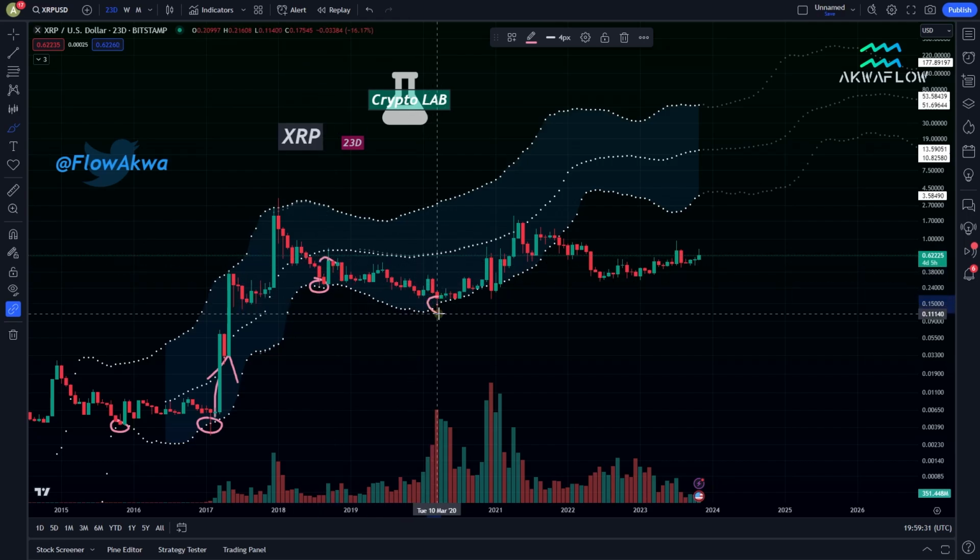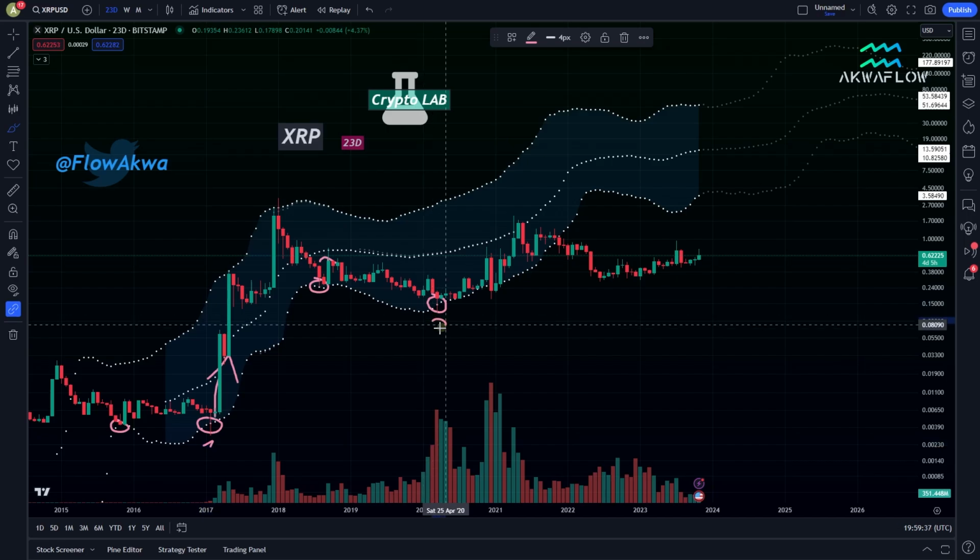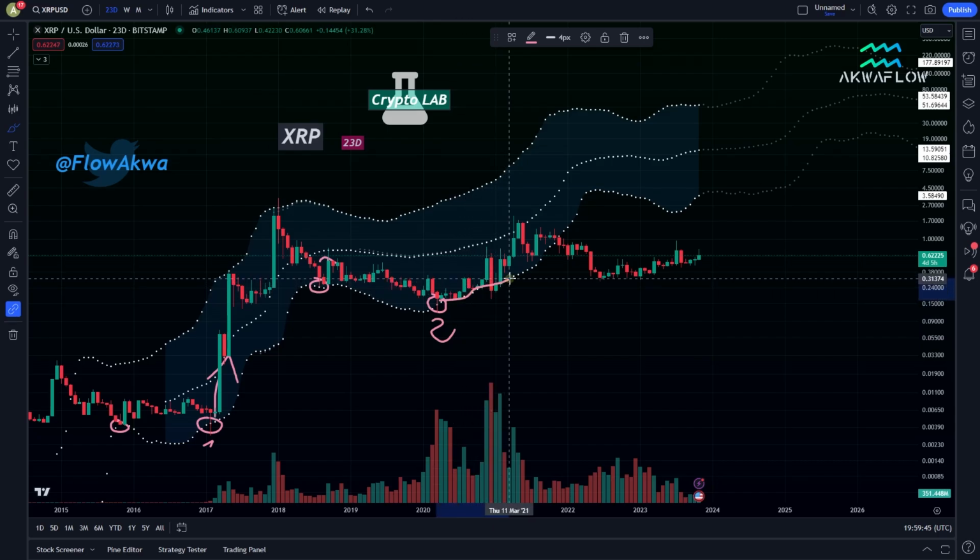Again, we have this point, which was a bottom again. So here we have a bottom, right here we have a second bottom. And it was a wonderful support for us during this entire phase of the market, so for multiple candles in a row,